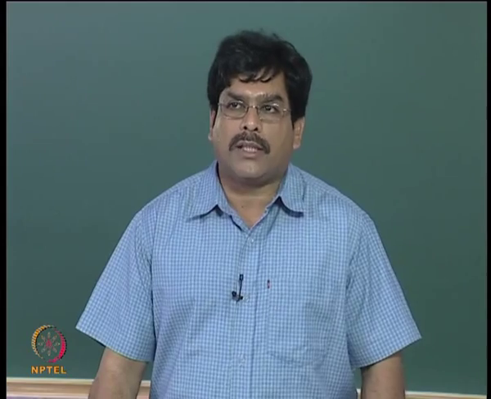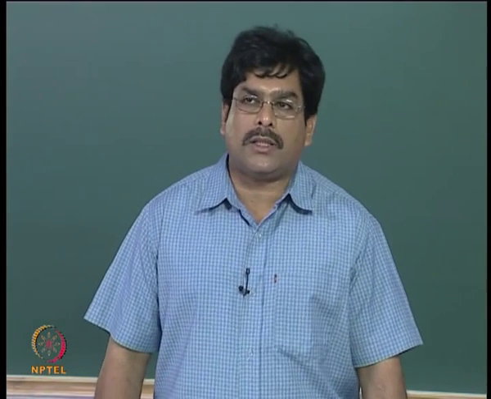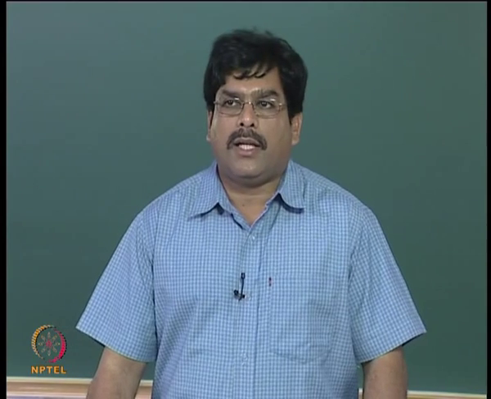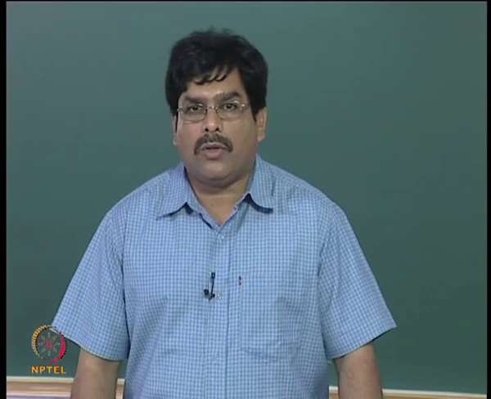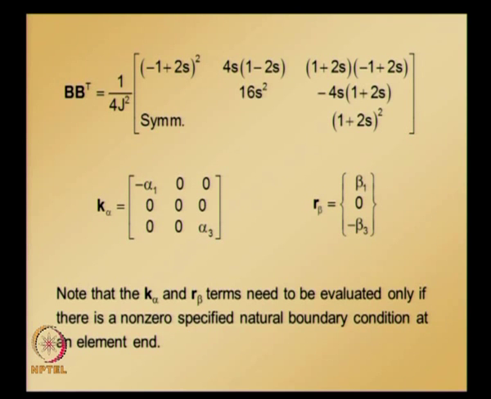If natural boundary condition is specified at node 3 and essential boundary condition is specified at node 1, then alpha1 is going to be 0 and beta1 is going to be 0, alpha3 and beta3 are going to be non-zero values, which we need to figure out from the given natural boundary condition. So, now we have the element equations for a quadratic element for a general one dimensional boundary value problem.